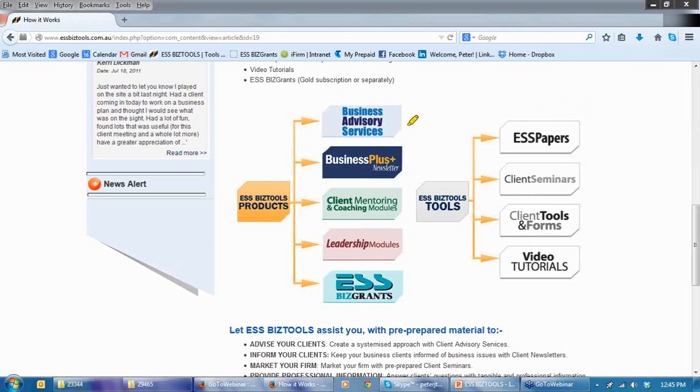And we also produce podcasts, which are available twice monthly to our subscribers to assist in identifying services that they are able to make available to their clients. So that's the total package, which comprises ESS Biz Tools. Everything that we have mentioned today is part of the gold package, which is available for a 24/7 subscription, irrespective of the number of authors within your office, for $2,700 plus GST